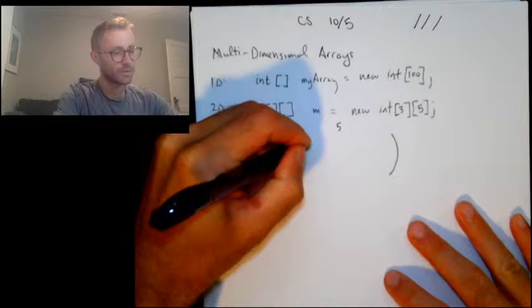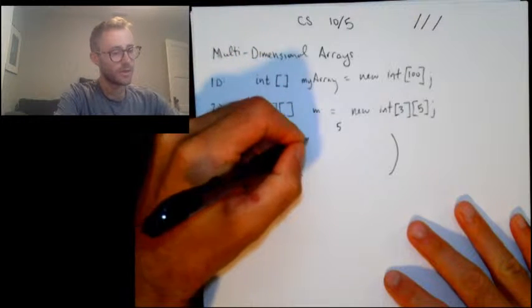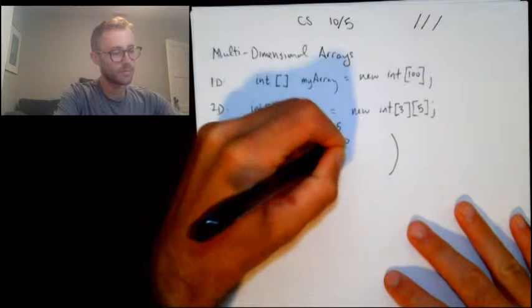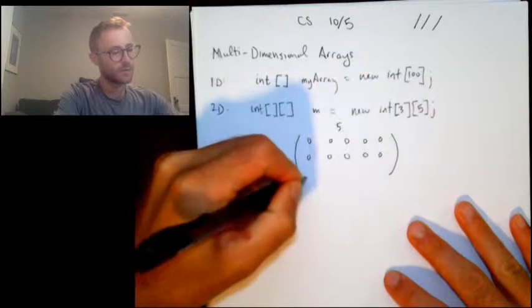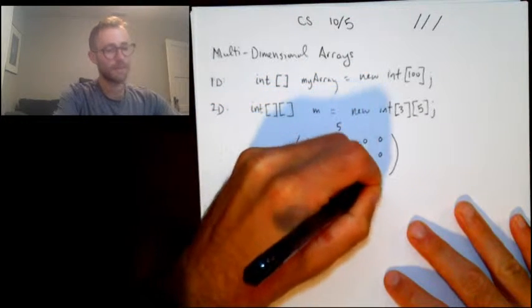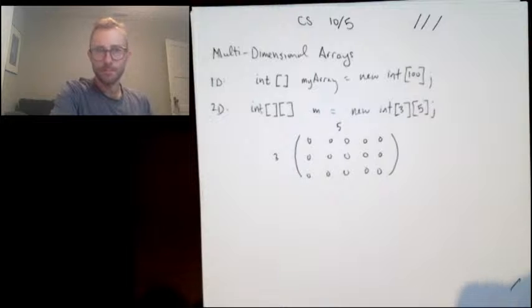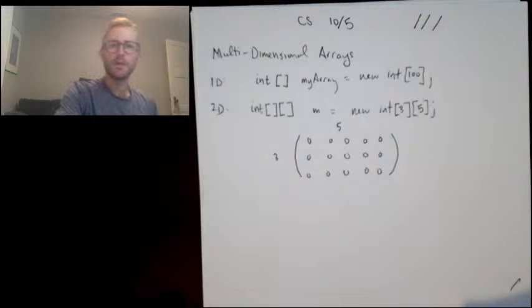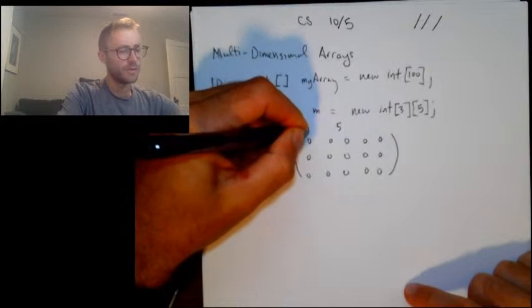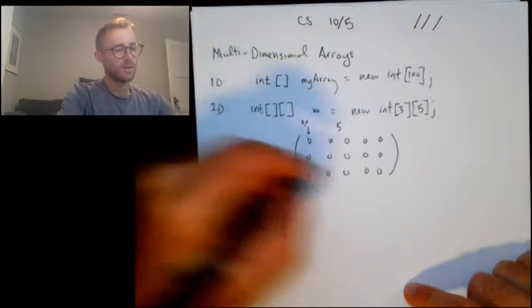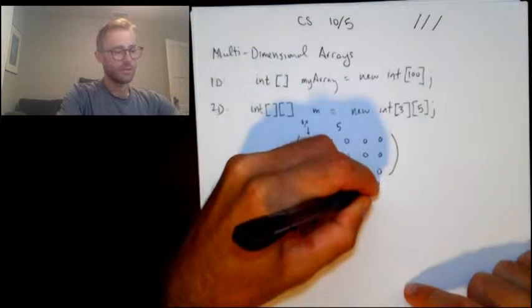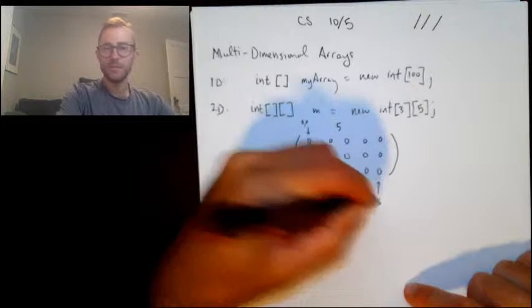So if I just made it all zeros, it would be something that looks like this. And so this would be the 0,0th element. This would be the 3,5 element,